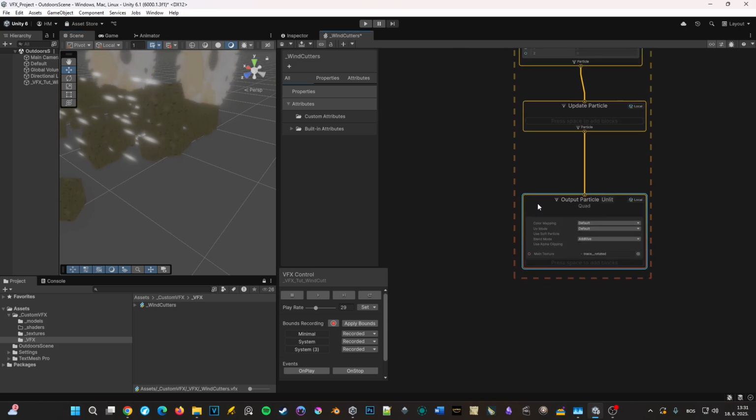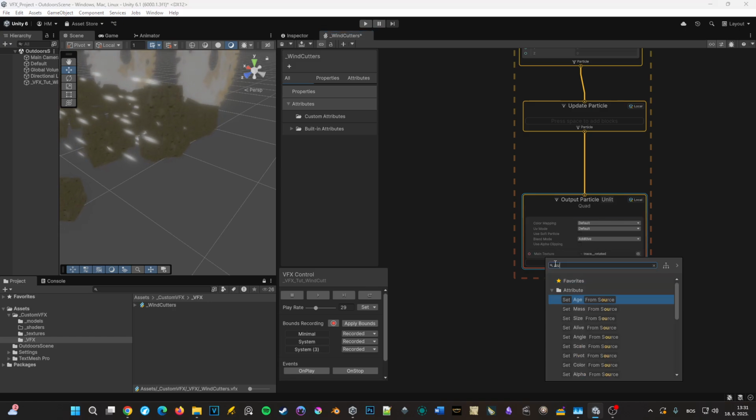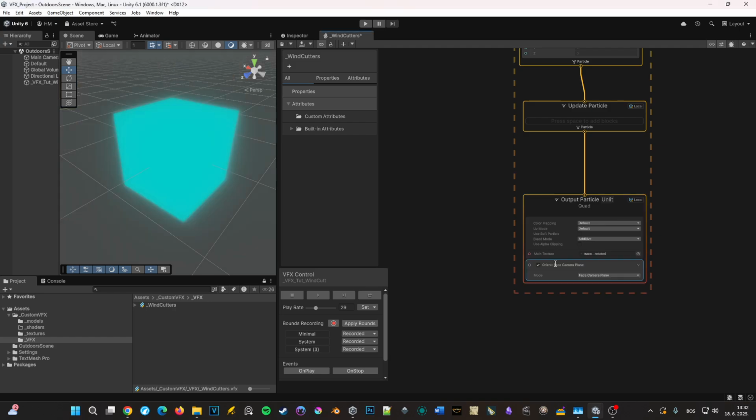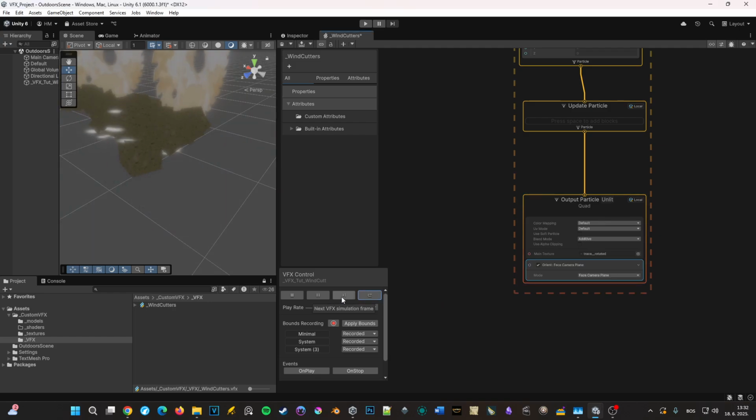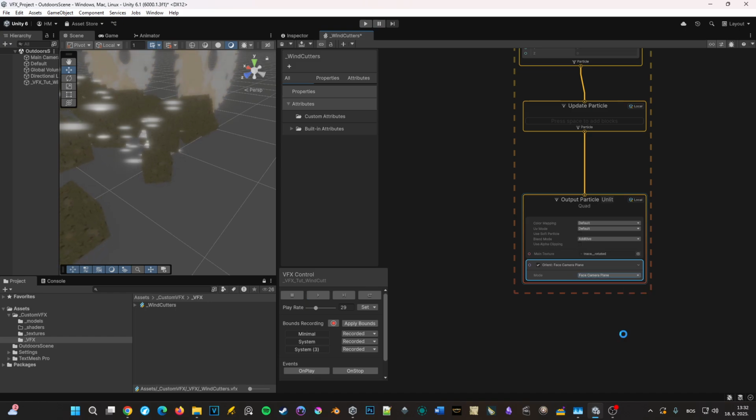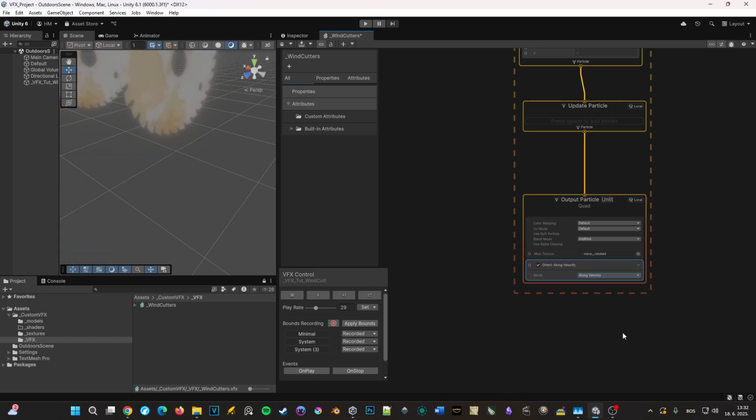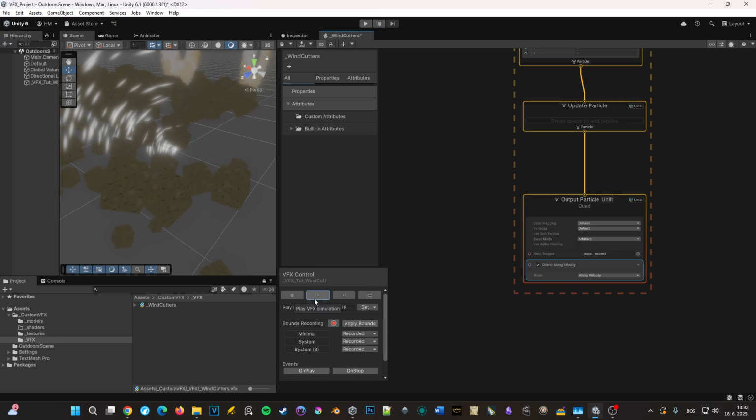The way to do that is to orient them along their travel position. So there is a very nice, neat node called orient face camera plane. So just inputting this, not face camera plane. Oh my god, along velocity. I'm sorry, it's very early in the morning. My bad. So orient along velocity. So now the individual particles are going to angle themselves toward the direction of their travel. So now, you know, it looks a little bit better, but we're going to make them look like sparks. And the way to do that is to